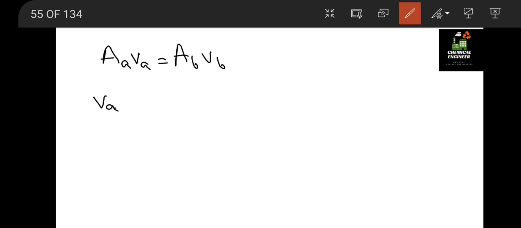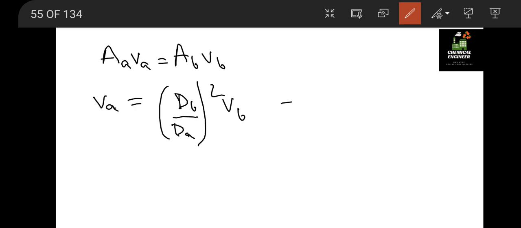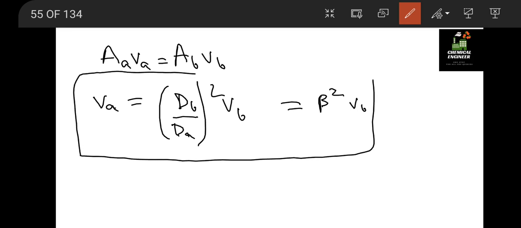Okay, so when we apply the continuity equation, that is pi by 4 dA squared into VA equals AB into VB. So what we get? VA equals (dB by dA) whole squared into VB, which is equal to beta squared into VB. Beta is nothing but dB by dA, I hope you all know by now. Please refer to the previous video if you don't know. So these are two equations, and the third equation is for the velocity at the contraction or